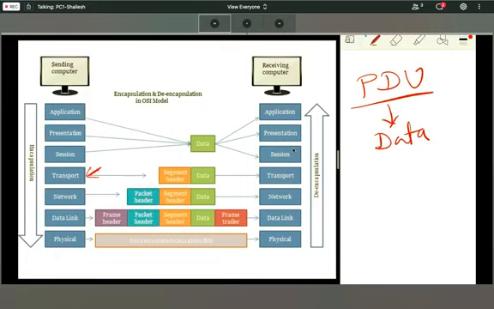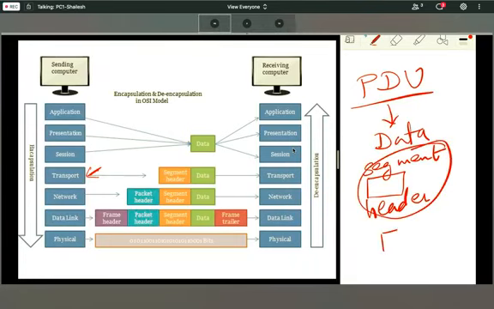On the transport layer, it will give one header, that is segment header, right? Segment header will be added to this, and this is your data and this is your L4 header, right?